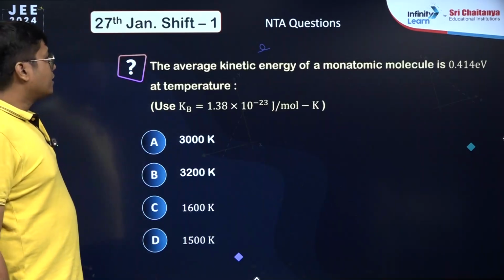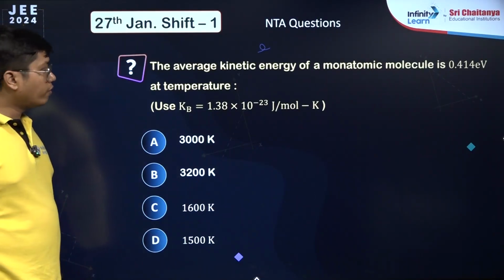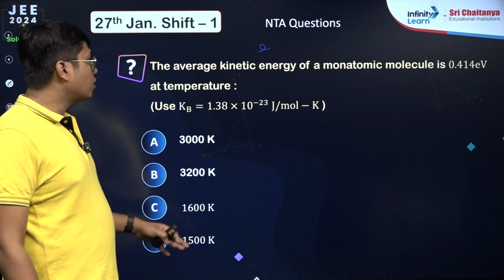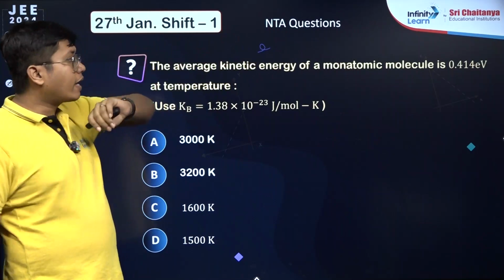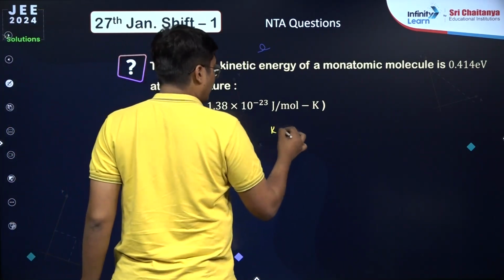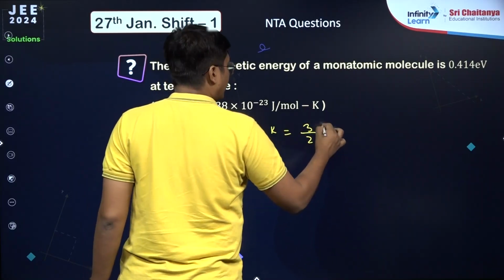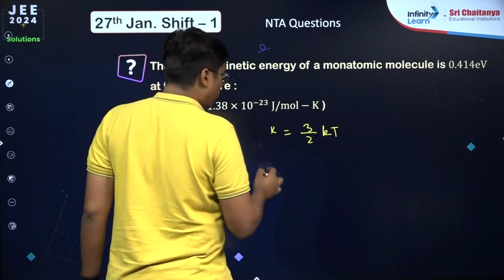Next question says the average kinetic energy of a monoatomic gas is 0.414 electron volts at a temperature of, at what temperature do you have that as the average kinetic energy? It's a monoatomic gas, so you know that the kinetic energy value is 3 by 2 kT. So 0.414